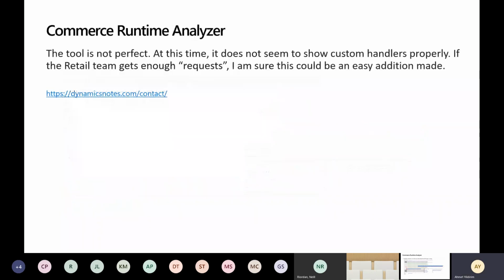Last words about this tool. This tool is not perfect; at this time, it doesn't seem to show custom handlers properly. If the retail team gets enough requests, I'm sure this could be an easy addition to make to the product. We, the retail technical guys and ladies, especially need this kind of tool to make troubleshooting easier. I put the contact of Andreas Hoffman, from the product group, R&D solution architect. When you drop a mail to him from this link, he can provide you the Commerce Runtime Analyzer tool